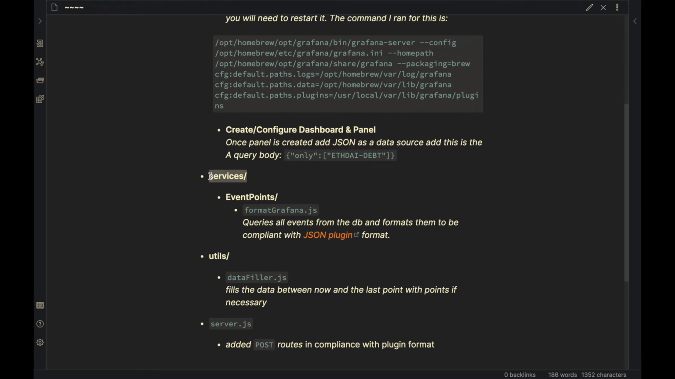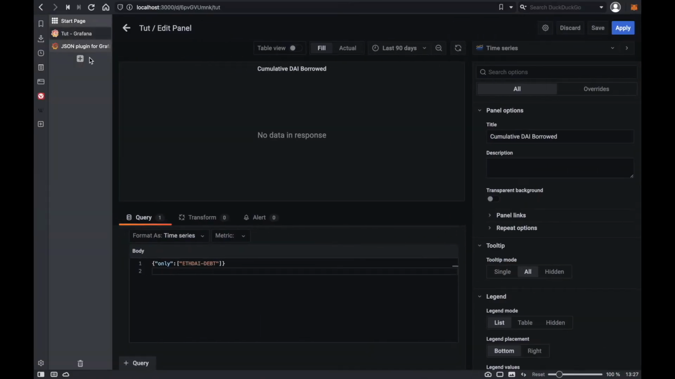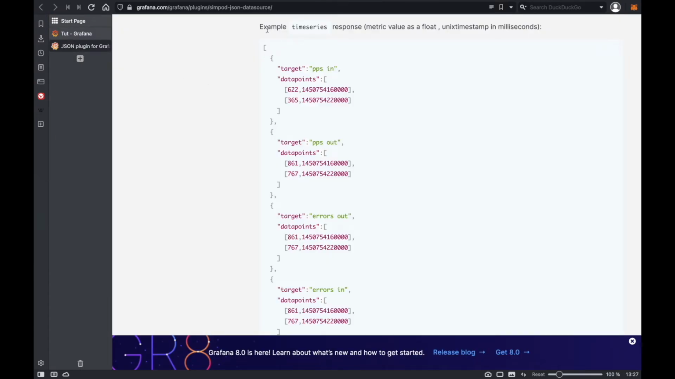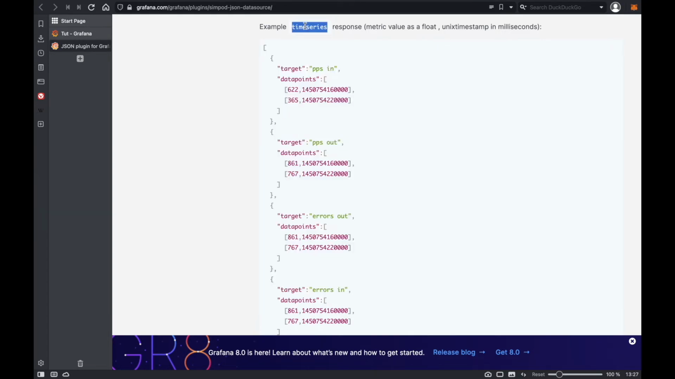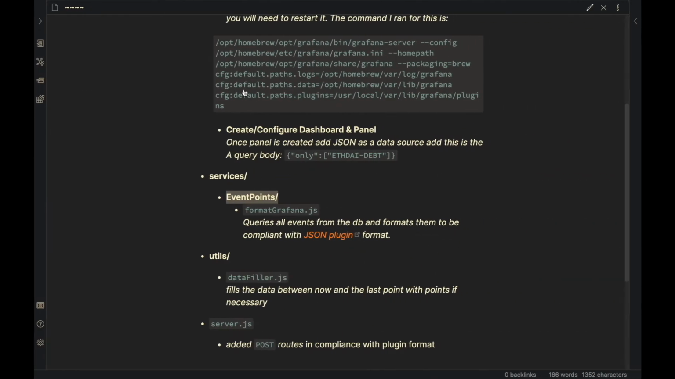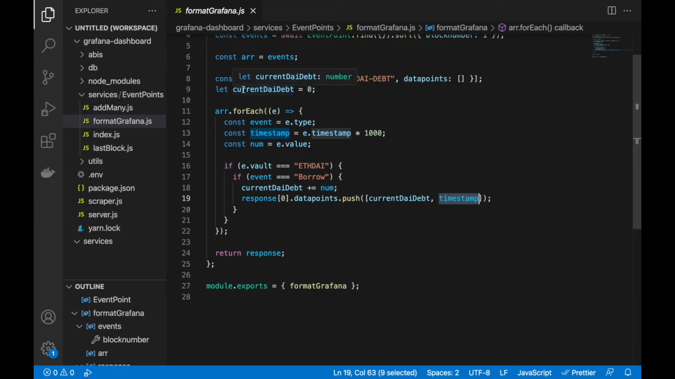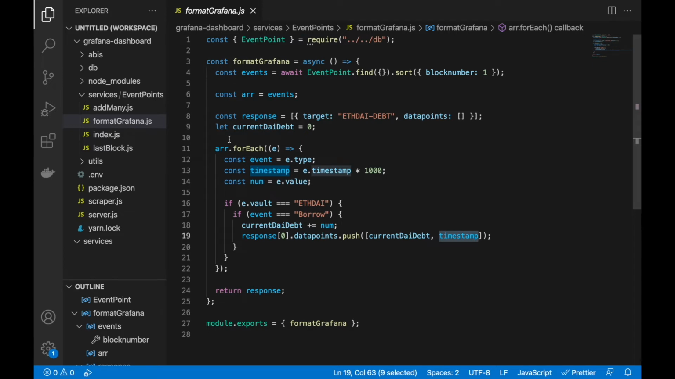Next, we're going to get into the code. In the services directory and inside the event points directory, we have the format grafana.js file, and I'll show you how that looks. Basically, it's just going to format our data to be in accordance with the time series data format that the plugin has. So yeah, that's pretty much what we're doing here. So to go over it